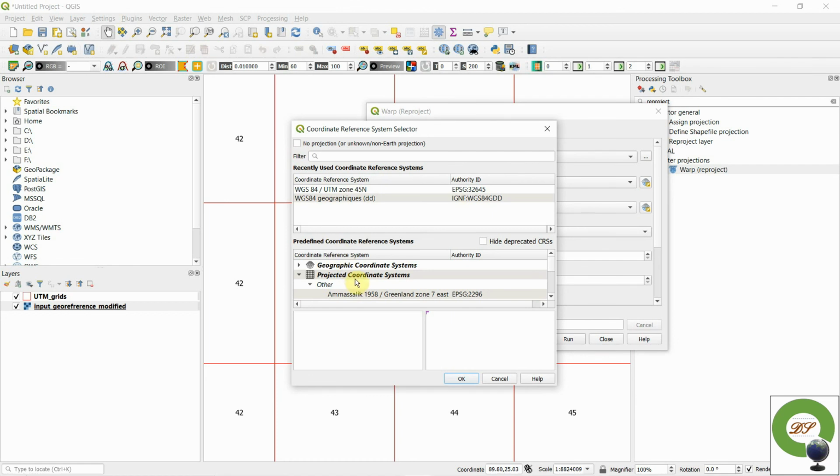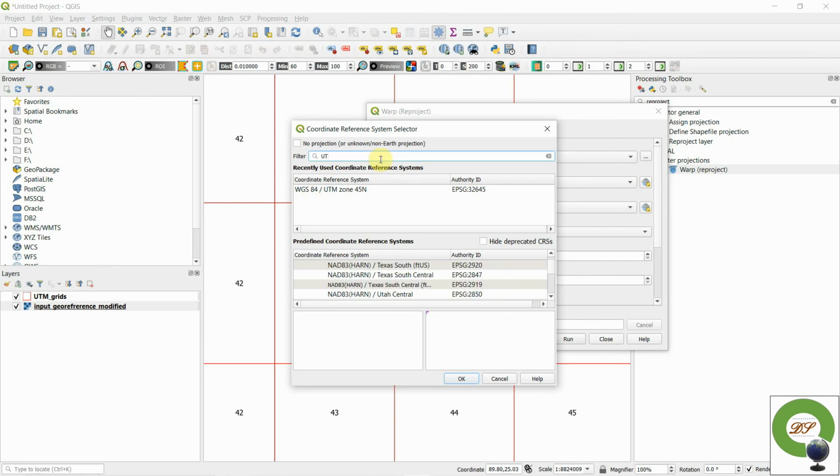Go here to projected and find WGS 1984 under UTM. Like this we need to search for it. Otherwise you can simply search for UTM.